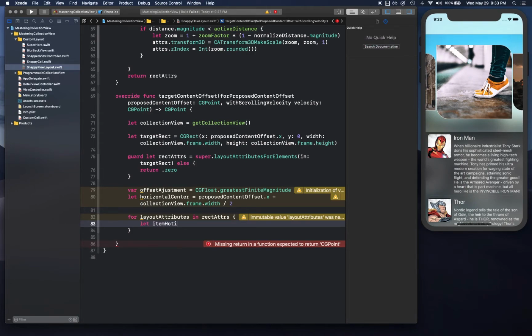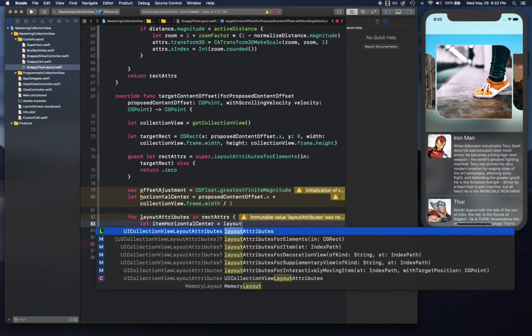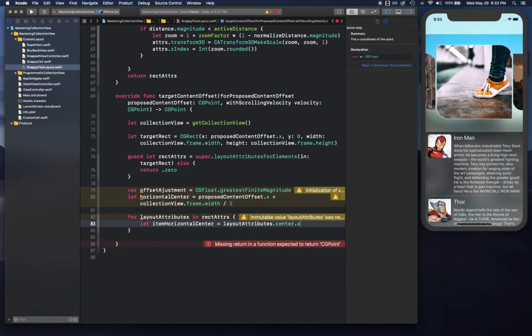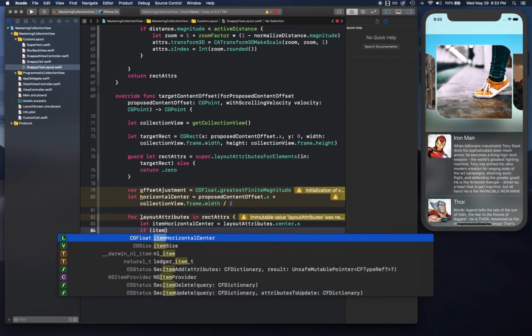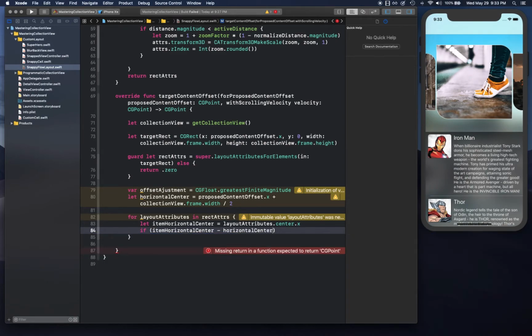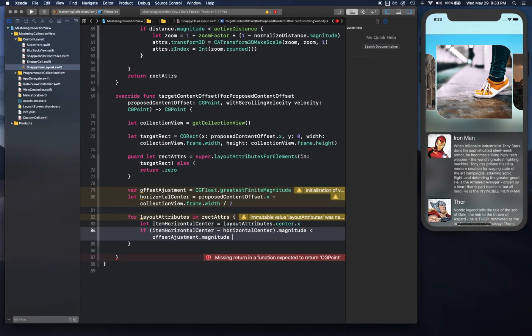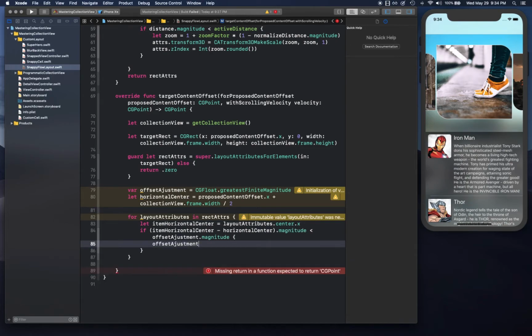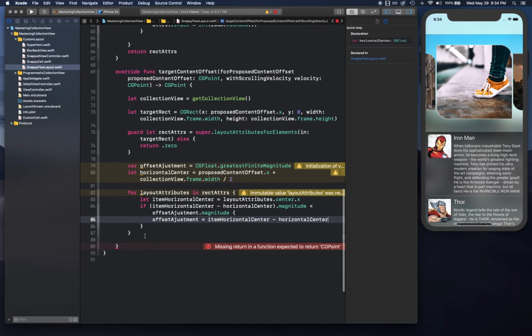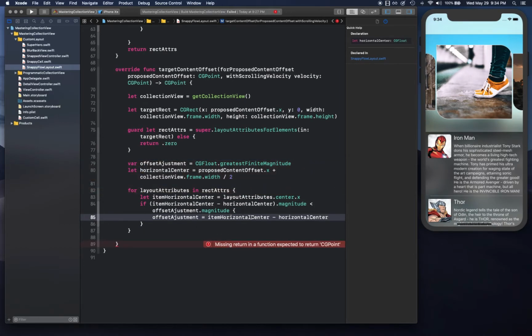Let item horizontal center is equal to layout attributes dot center dot x. If item horizontal center minus horizontal center dot magnitude is less than offset adjustment dot magnitude, and these values are pre-computed after playing around with so many different options. That's why I'm just typing those, because based on your need, you can adjust these values and experiment with them, and see how changing these horizontal center, computed horizontal center magnitude and offset adjustment, basically their magnitude,